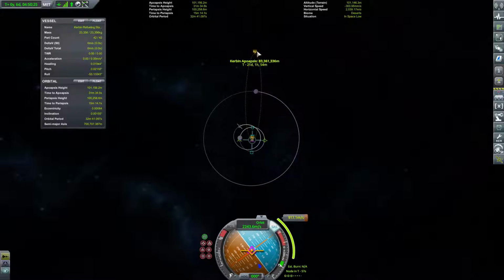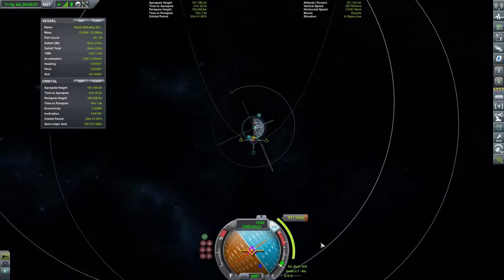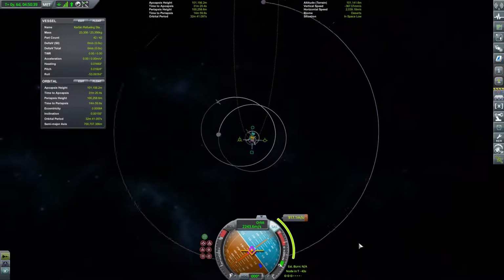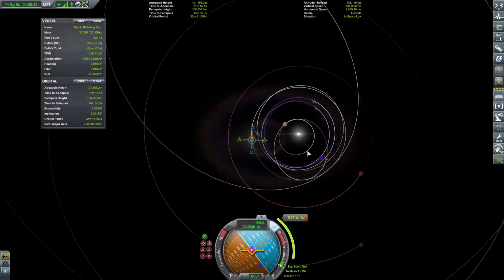There we go. Okay, it takes 21 days to get out of there. And it takes nearly 1,000 meters a second. We're going to need a lot more than that. We're going to need at least double that to get out there to make sure we can meet this asteroid. That's not exactly correct. That's obviously the asteroid's coming in from...